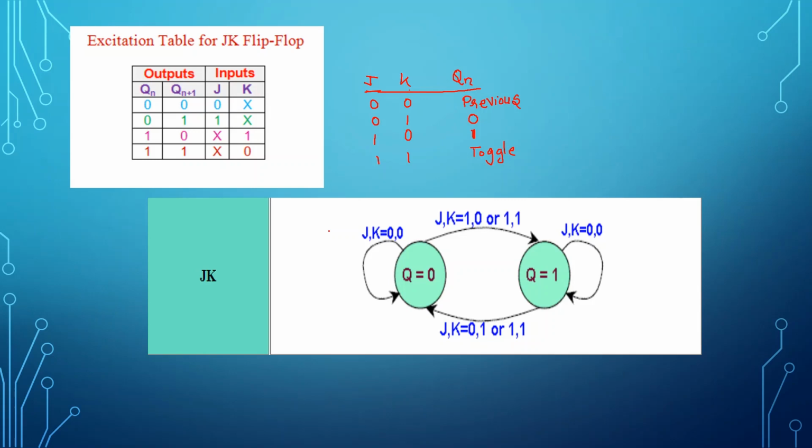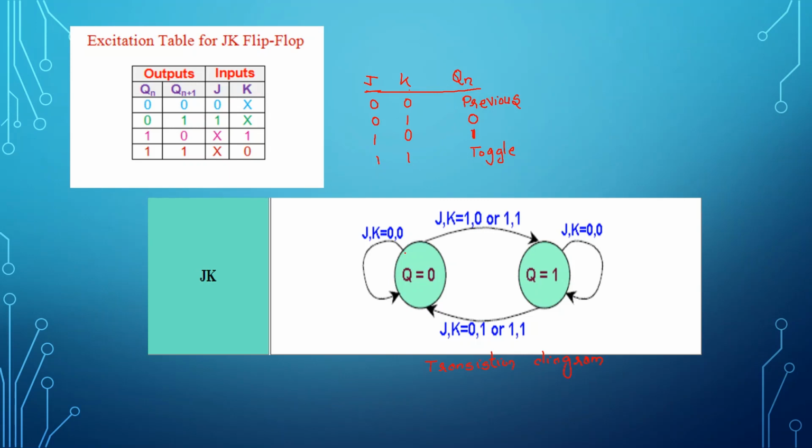This diagram what you can see here is called the transition diagram of JK flip-flop. What it explains is, this diagram has a very close relationship with the excitation table. So here, please concentrate. This is 0 and this is 1. Obviously the output of my JK flip-flop can either be 0 or 1. So what I am indicating here is the transition.